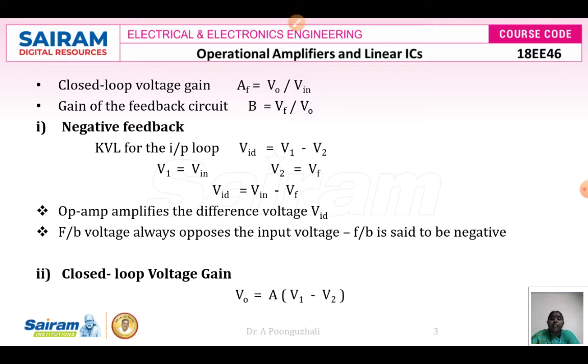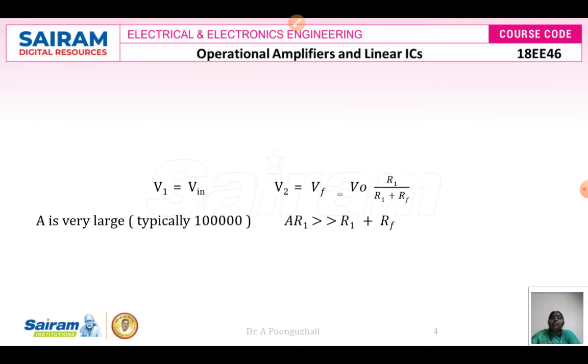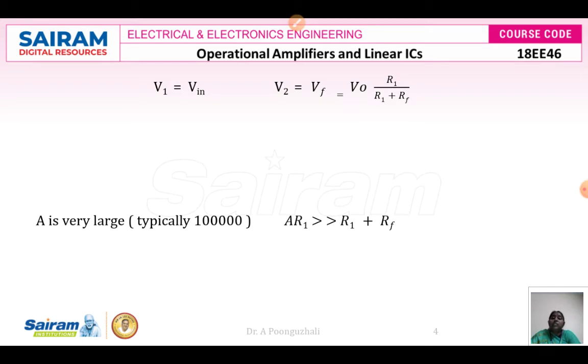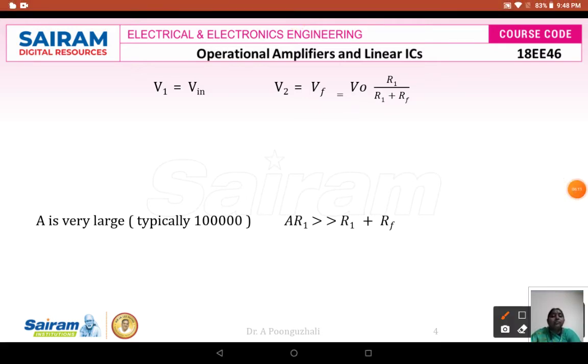Now we are going to find out here. In this case, first we are going to substitute V1 is equal to Vin. Already we had seen in the previous derivation that V1 is nothing but Vin, V2 is equal to Vf. So Vf is nothing but the voltage across your R1 resistance. If I write it here, this resistance is going to be your RF resistance. This resistance is going to be your R1 resistance, and this is the voltage you are going to have, V0, your output voltage, and across this is going to be your Vf.